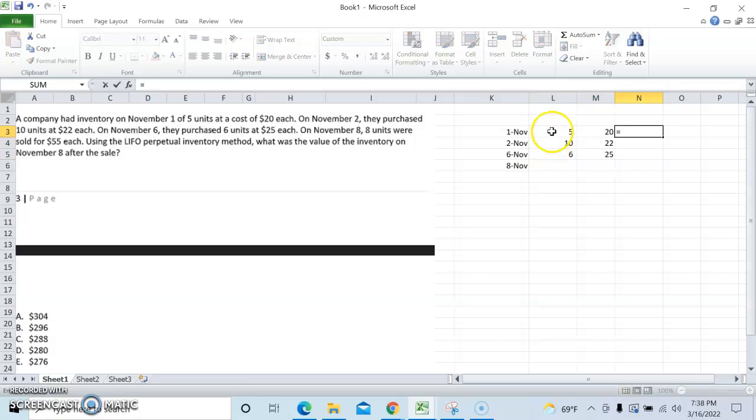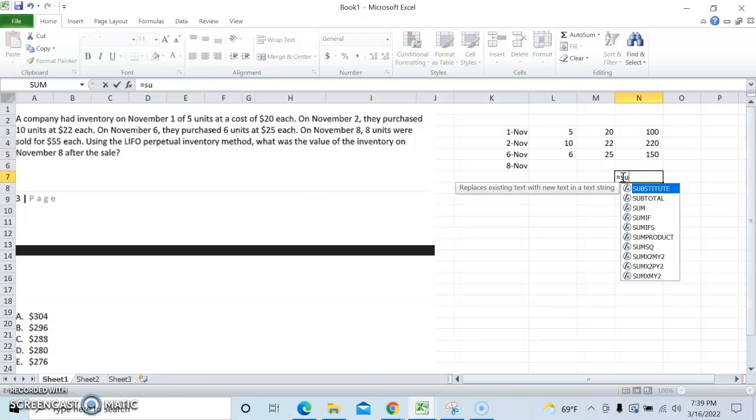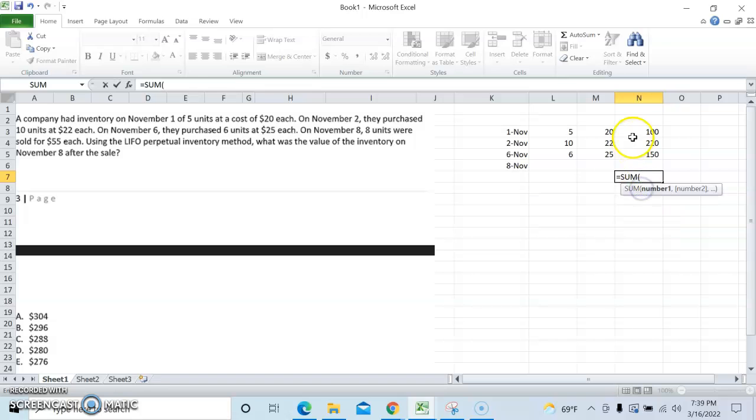So now we need to take our units times what each one is worth. Take those times that. And then we need to sum up all our purchases because that's the first thing you want to do in an inventory problem. So this is cost of goods available